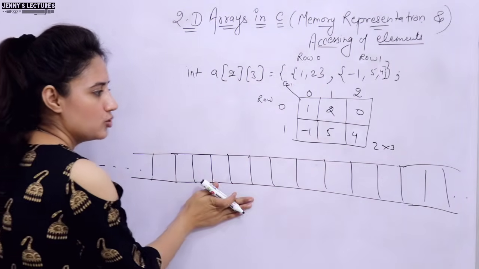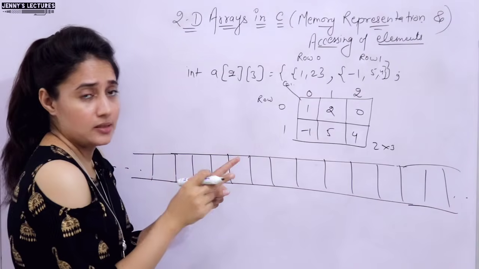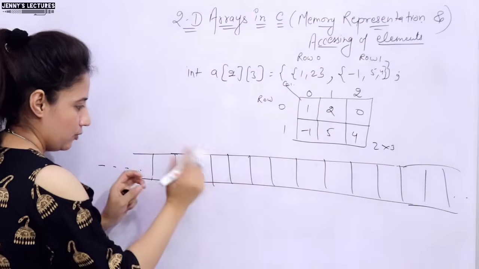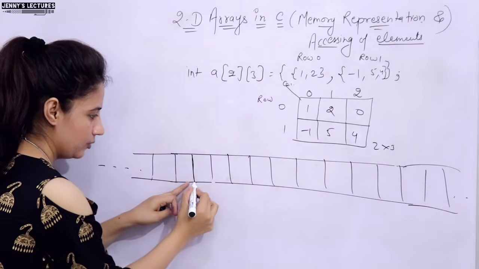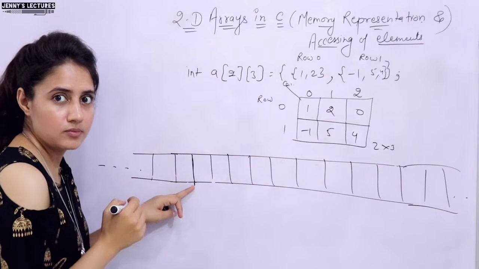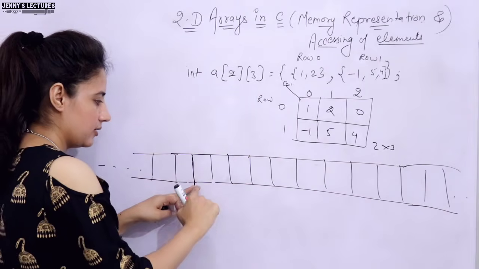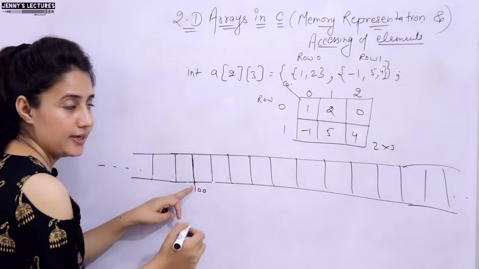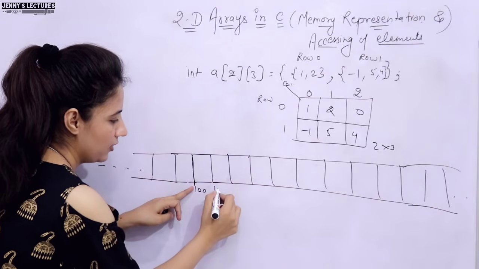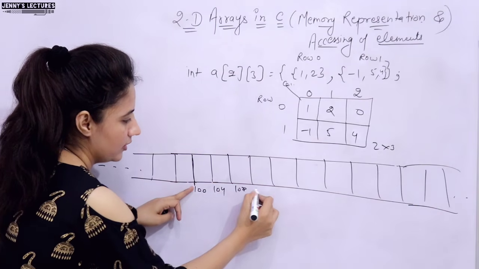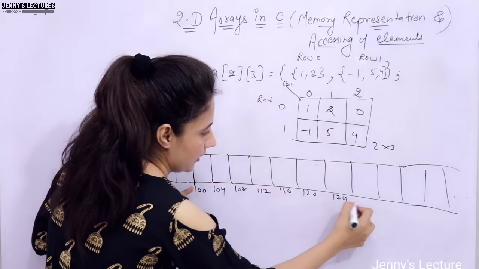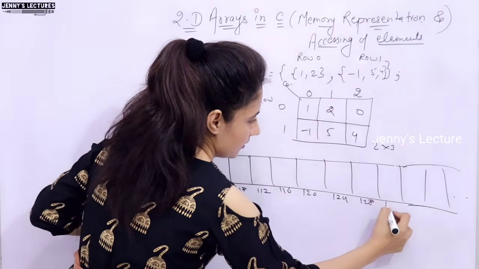Something like this is 1 byte, 1 byte, 1 byte. So now how is data to be stored here? Row wise, first row, then second row. So now suppose from here data is going to be stored, right. Memory manager will allocate space from here. So suppose address of this is, I am taking 100, integer will take 4 bytes, so the next will be 104, 108, then 112, 116, like this. I hope you can calculate this one, right.